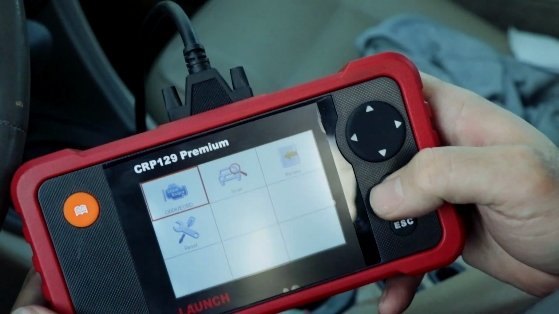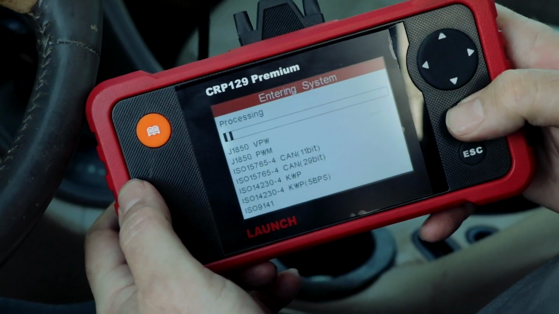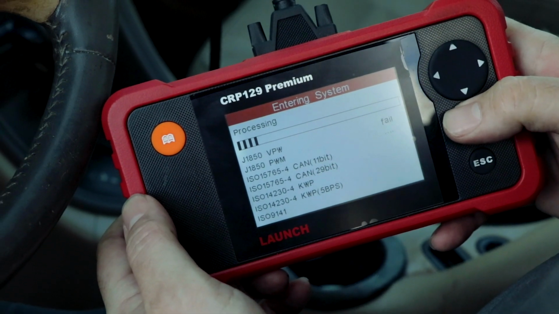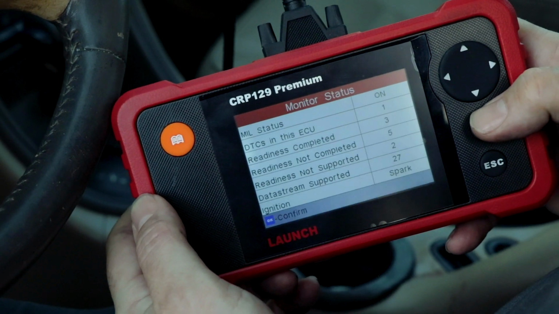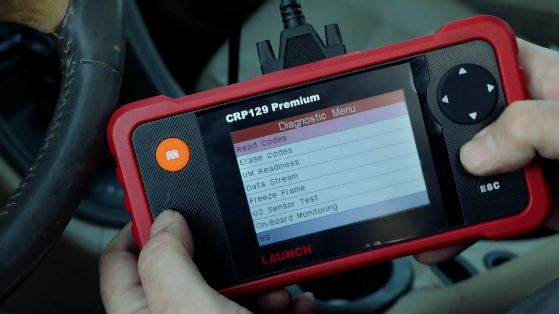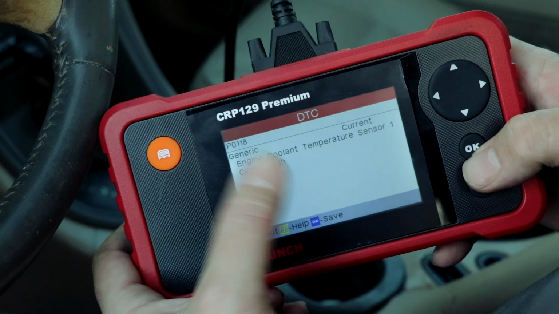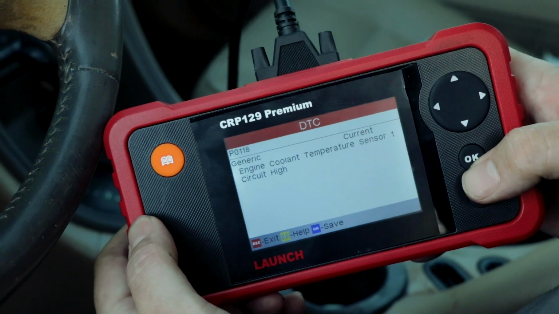We're going to go here, and for this part, just to check the code, we'll go to the OBD2 section because it's just faster. It's going to resolve the communication, and you'll see DTCs. We have 1, and we'll go to read codes. And there you have it. Engine coolant temperature sensor 1 circuit high,